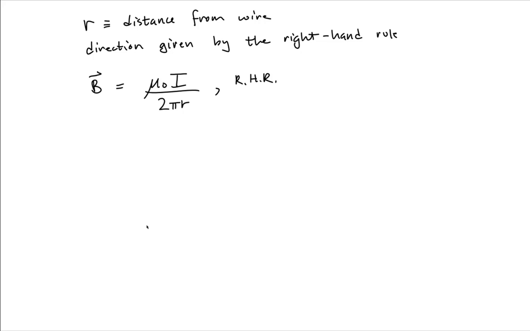Notice from this that the magnetic field at a point in space due to our long wire is directly proportional to the current flowing in that wire